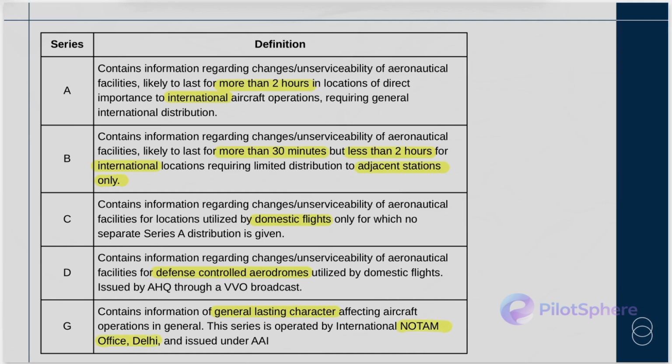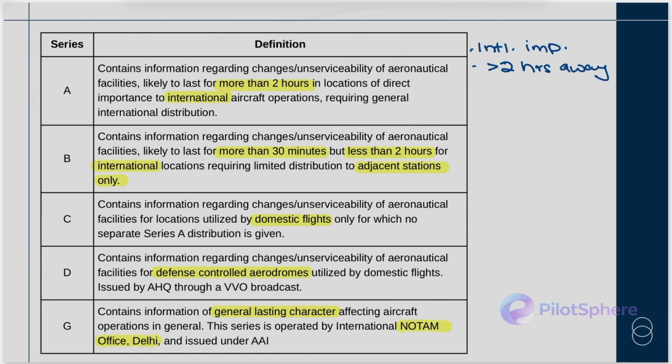All right. Now, let me go over each and tell you. Alpha, it is of international importance. And it is for aircraft that are likely to be more than 2 hours away.